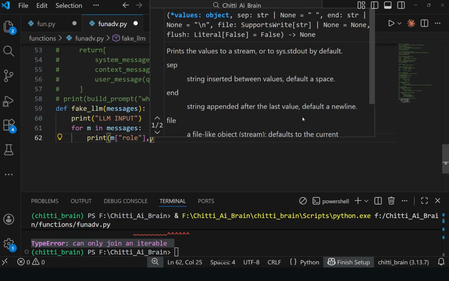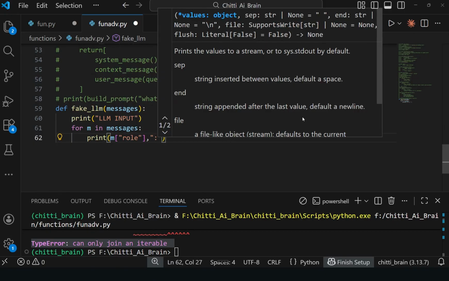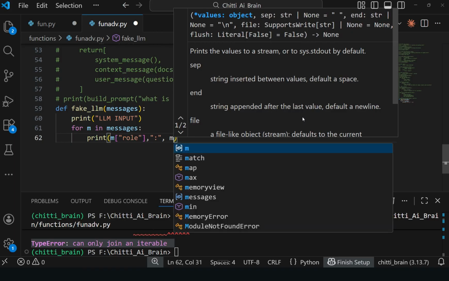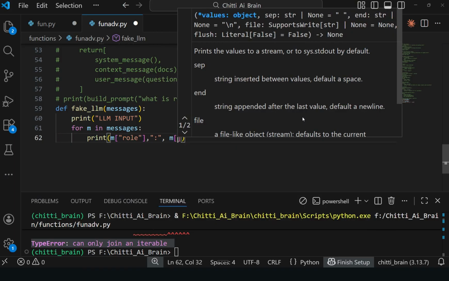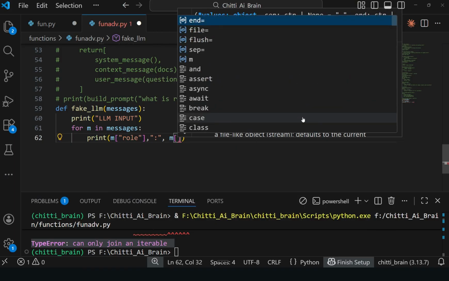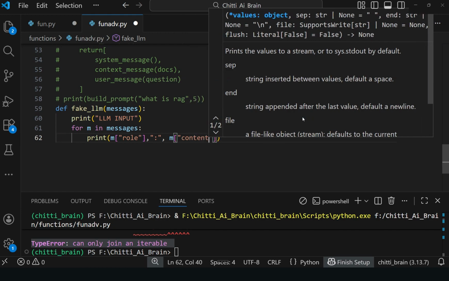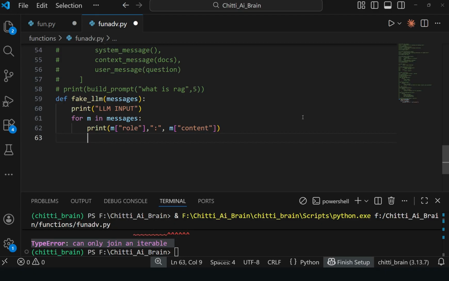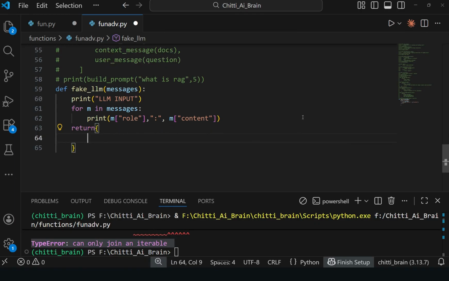That LLM acts as an assistant, right? So it should act as an assistant and it should give content like this, the reply. For the messages that the LLM gets, it should reply, working as an assistant.